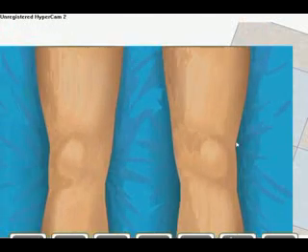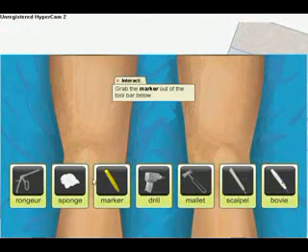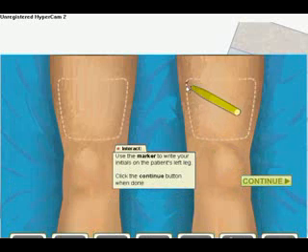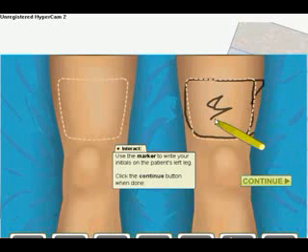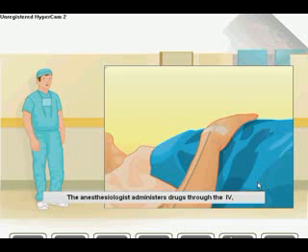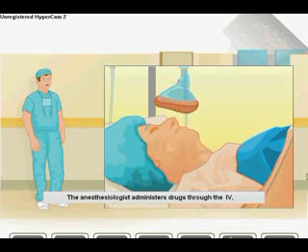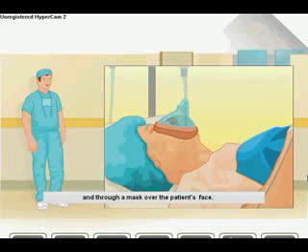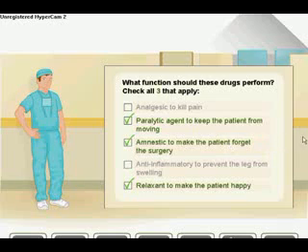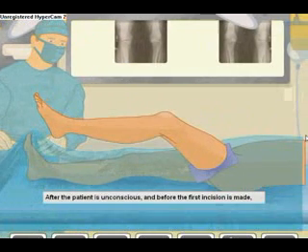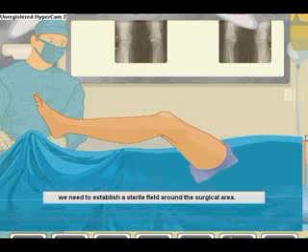Now it's your turn. Use the marker and write your initials on the proper knee to be operated on. This may seem silly, but it's an actual step taken to prevent wrong site surgeries. The anesthesiologist administers drugs through the IV and through a mask over the patient's face. What function should these drugs perform? Fantastic. Good work. After the patient is unconscious, and before the first incision is made, we need to establish